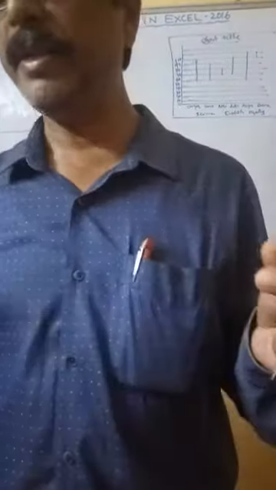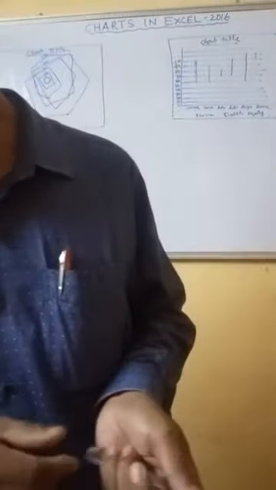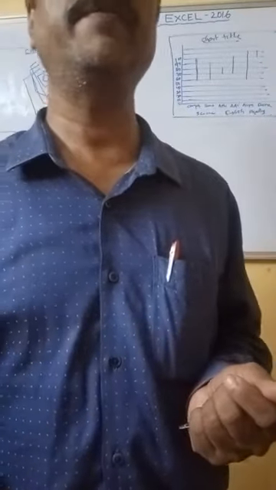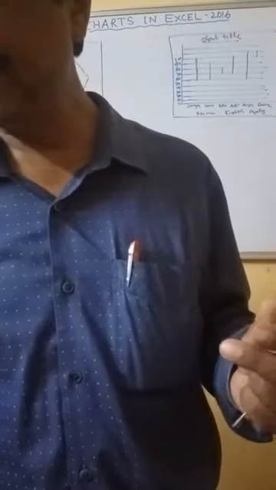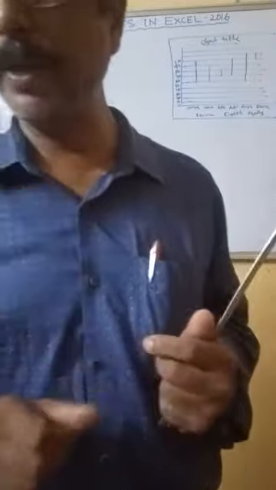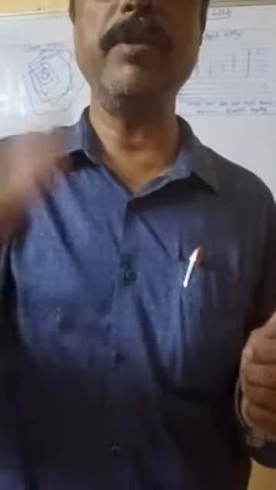After clicking on the insert tab on the ribbon, the top part is called the ribbon. From here you click insert. After clicking insert, select the type of chart. A drop down menu will appear, and from that you select the type of chart. Which type of chart do you want? Ten different types of chart names will appear.